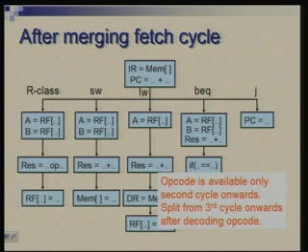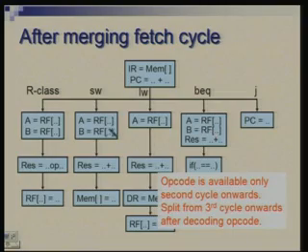Typically in a complex design, this decoding of the opcode or understanding which instruction it is could also be a time consuming activity. The circuit which is going to identify a particular instruction would typically be allowed a full cycle to do it. Of course, we do not need that, but still the opcode decoding will have to take place in the second cycle, although we may not have the second cycle fully occupied.